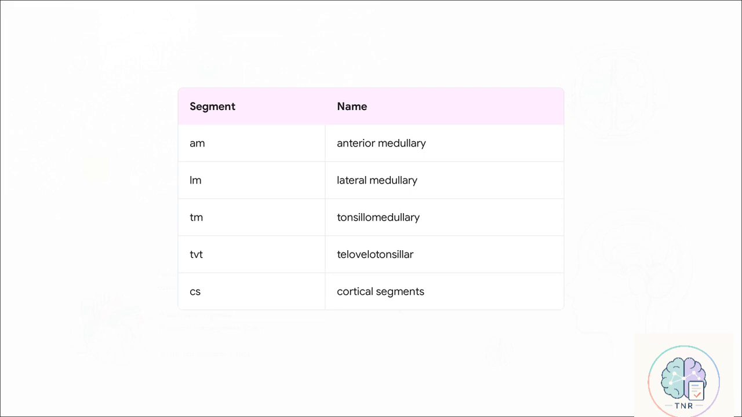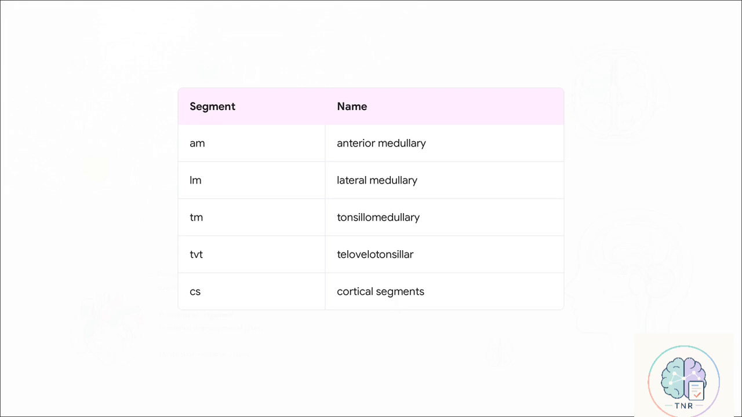Then, we hit the loops. And pay attention here because these are highly testable and clinically crucial. The TM, or tonsillomedullary segment, contains the caudal loop. After that, the TVT, or telovelotonsillar segment, which is also known as the supratonsillar segment, contains the cranial loop. Finally, the whole thing terminates in the CS, or cortical segments, and those branch out into the hemispheric and inferior